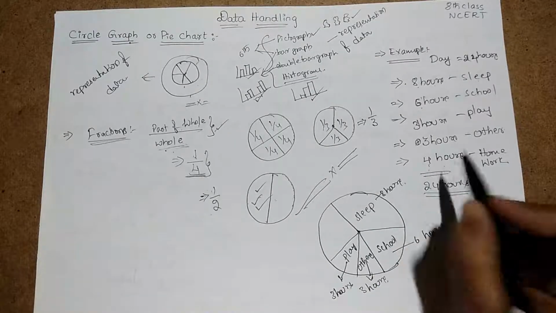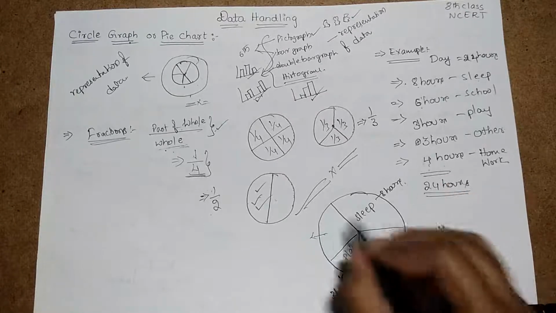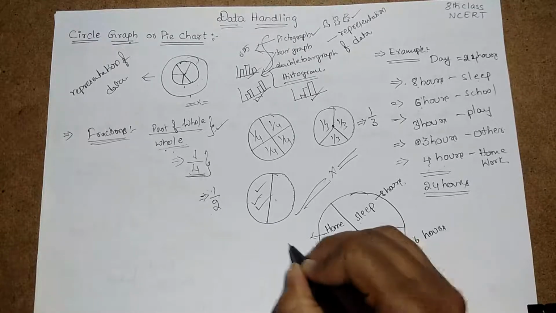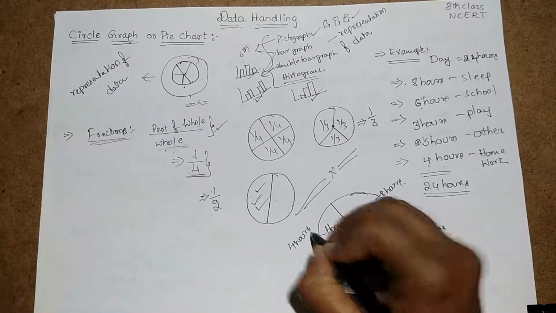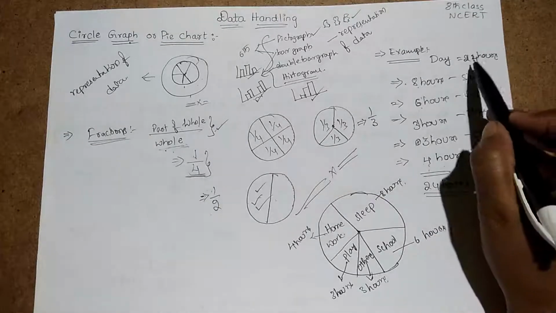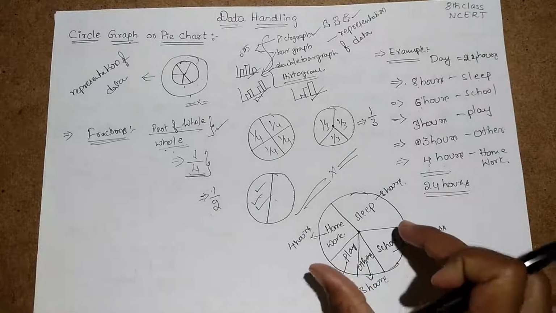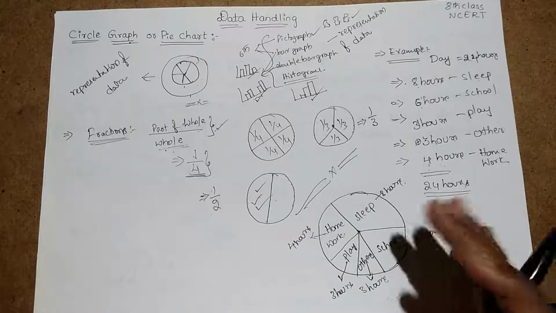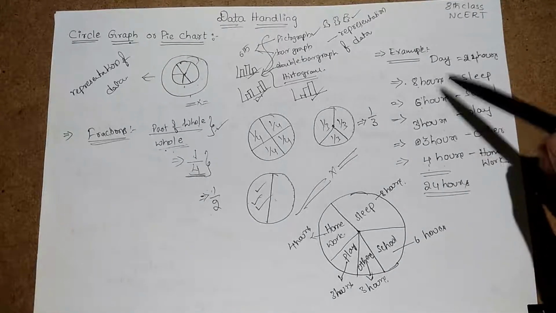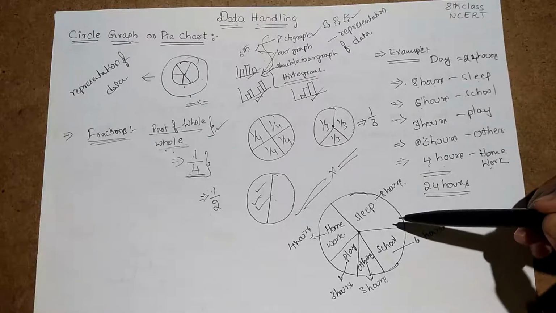Next, remaining 4 hours. This is bigger than 3, right? So this is 4 hours for the homework. It indicates 4 hours. See here, this is a simple way to represent 24 hours in a pie chart. But it is not accurate to what I am giving here. This is just an explanation of how we are going to take fractions through the given hours according to their data. We represent it in the form of a pie chart here.